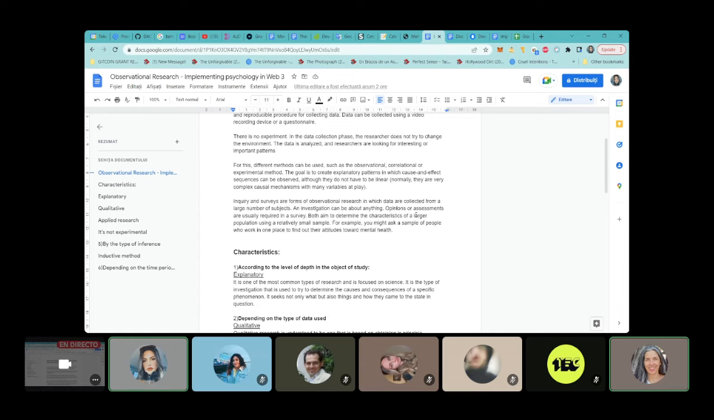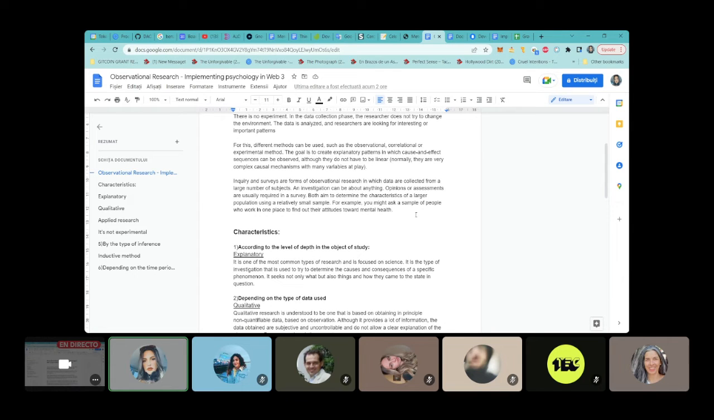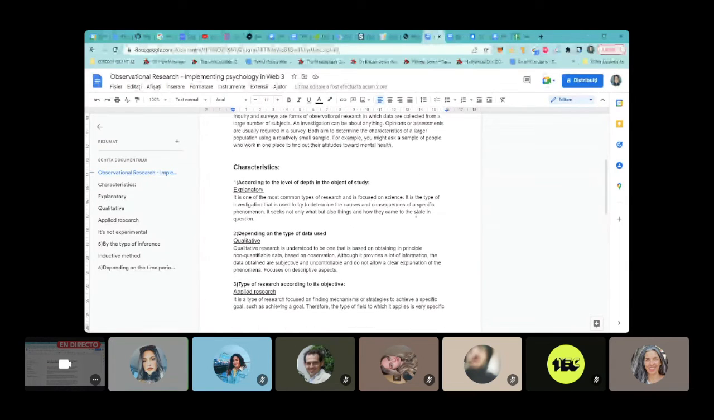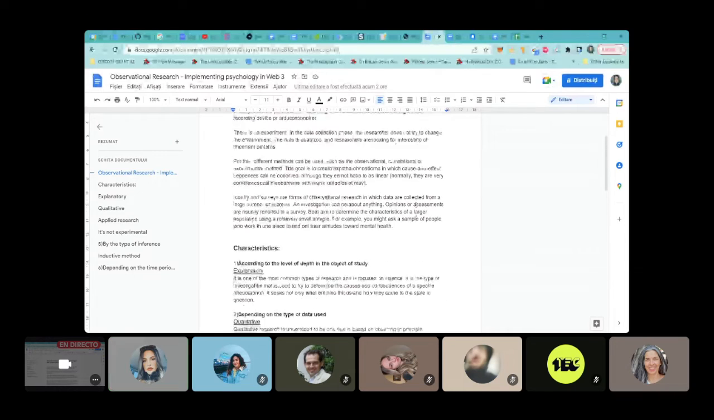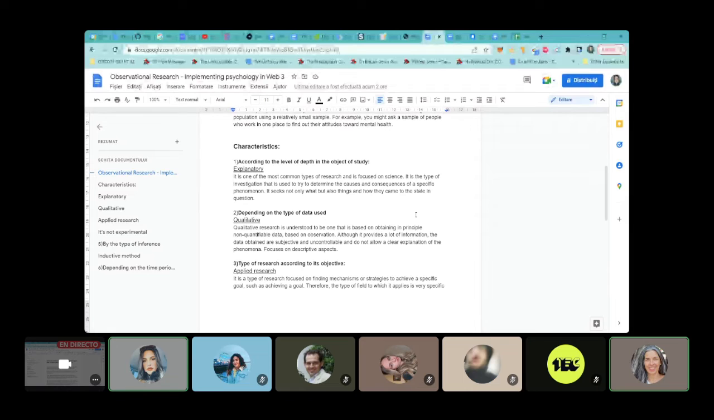Opinions or assessments are usually required in a survey. Both aim to determine the characteristics of a larger population using a relatively small sample. For example, you might ask a sample of people who work in one place to find out their attitudes toward mental health. So, for our study, the characteristics are according to the level of depth in the object of study,